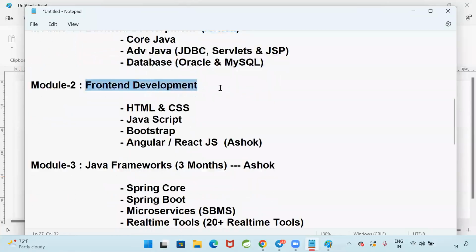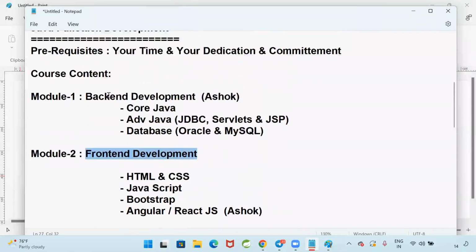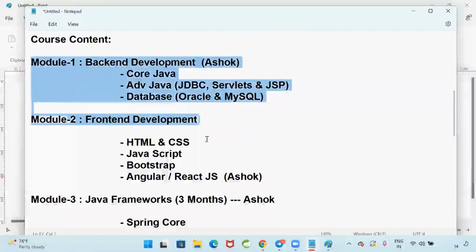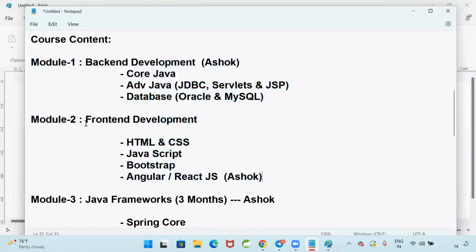Module 2, you are going to learn the front end. Guys, please plan to attend module 1 and module 2 parallelly so that within 3 months you can complete both. Module 2 will take just 1 month, because you are going to learn only these 4 parts: website designing, user interface, HTML, CSS, JavaScript, Bootstrap. 20 to 30 days is more than enough to learn module 2, right? So within these 3 months, at any point of time, you can attend module 2.